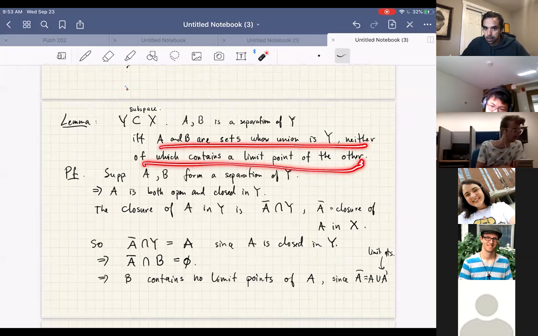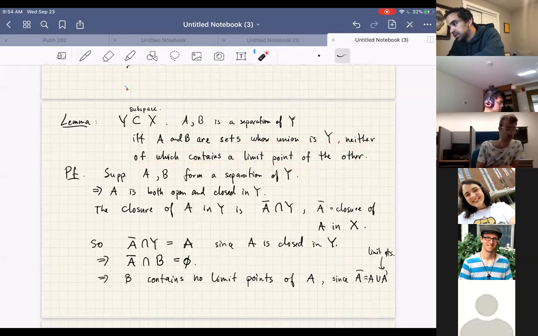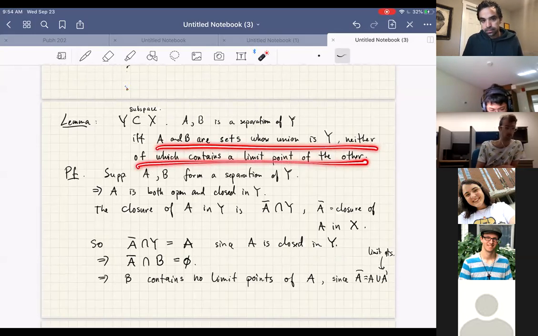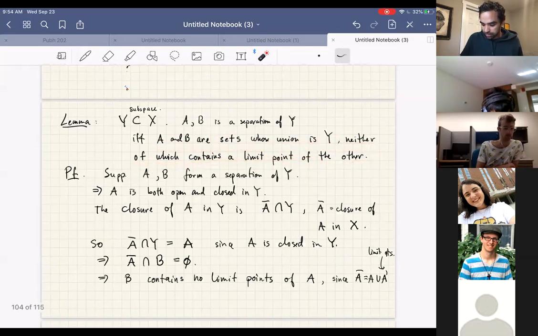Okay, I guess I'm just confused by how it's stated in the book. You can continue. Is it stated differently in the book? I mean, like you said, it makes a point to say a separation is a pair of disjoint non-empty sets A and B whose union is Y, but they previously defined separation to be a pair of disjoint non-empty open sets. It's a claim, right? You're claiming that a separation of Y is equivalent to saying this, right? I understand. So there's no need to write open here because it's implied by this statement as we showed here, right?